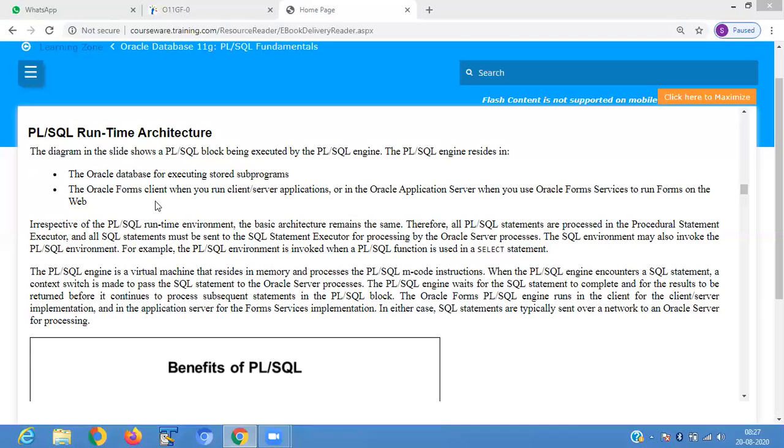One is the Oracle database for executing stored programs, or it may be present in the Oracle form client when you run the client server application, or in the application server when you use the Oracle form. Irrespective of the PLSQL runtime environment, the basic architecture remains the same.